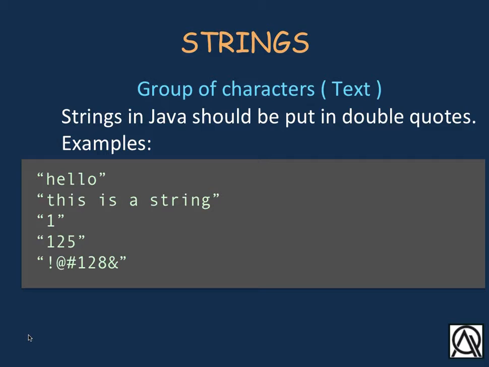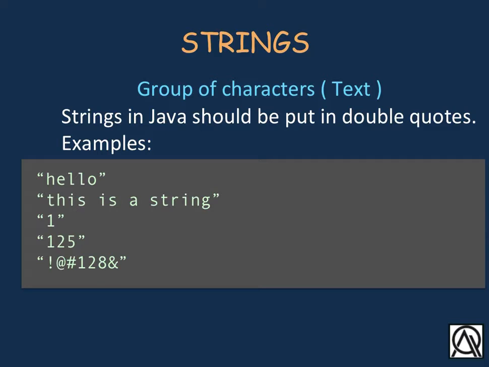The first one is hello. We put hello inside a double quote. The second line is also a string because we put it in a double quote. It is a sentence, but because we put it in double quote, it's considered as a string. Similarly, 125 and everything that is between double quotes are considered as a string. And the numbers, although it's a number, because it's under double quotes, it's considered as a string. So any character we see on keyboard, if we put them between double quotes, it is considered as a string.